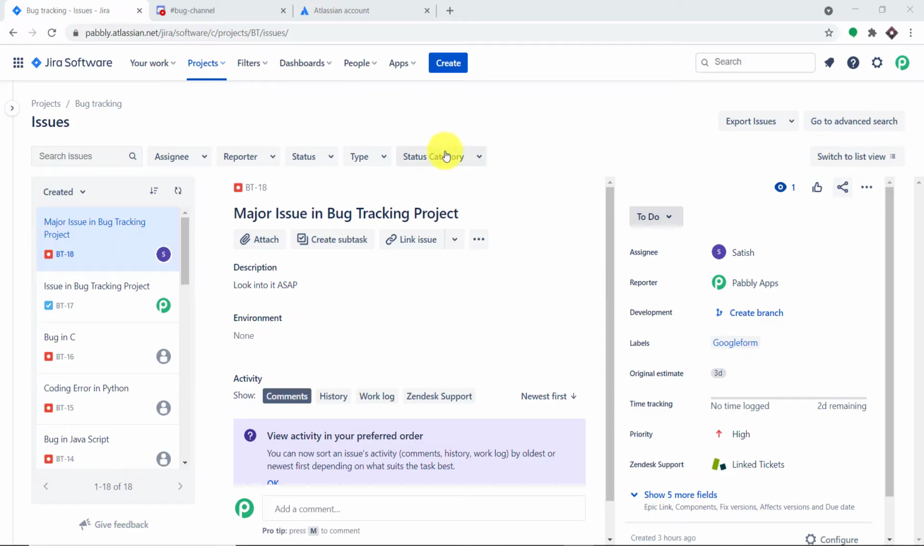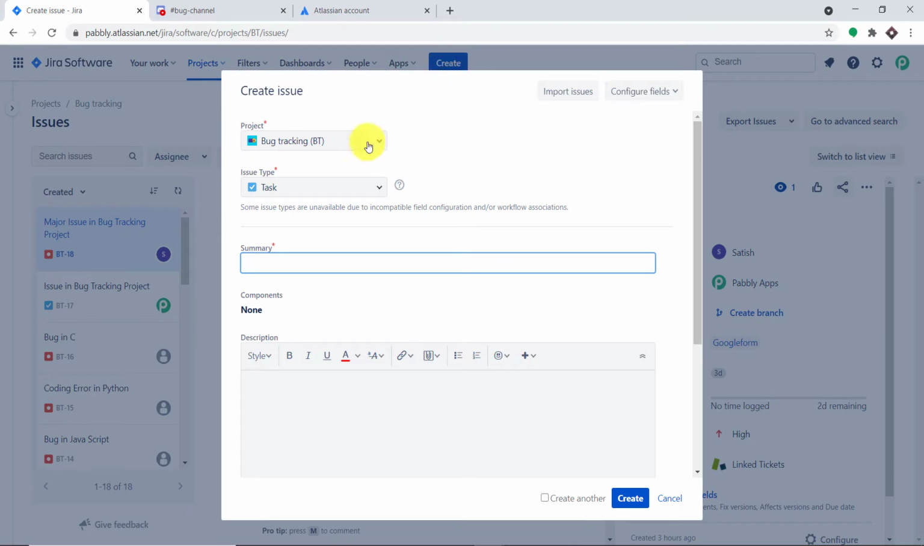Okay, so we will begin with a small example. So as you can see, this is my Jira account and here we are going to create a new issue. So the idea is that once the issue is created in Jira, it will be reflected as a message in Discord. So what I'm going to do here is I'm just going to create a new issue. Okay, so the project I'm associating is bug tracking. So this is a project that I have made and the issue type is task. So the summary is